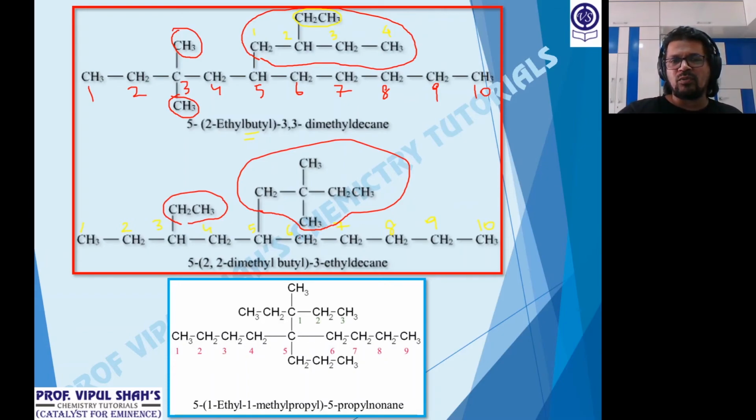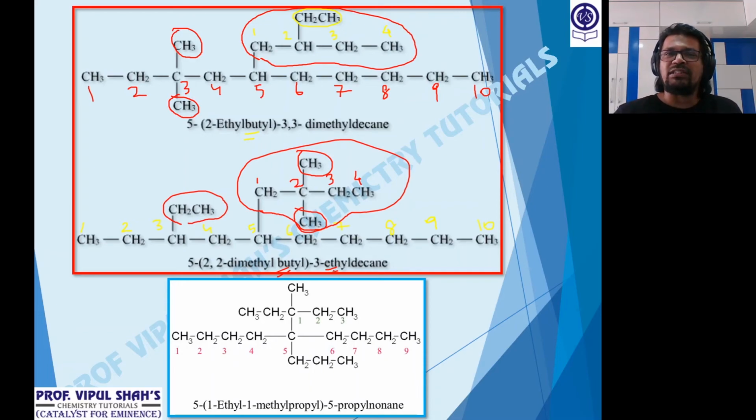Now how do I have to give the name? How do I do this part? First I'll write the 5 part. Why? At 5 number the continuous chain. So 1 2 3 4. Okay, now butyl, so alphabetically obviously B of the butyl comes first, everyone, so this is considered. Now at 5 in a bracket 2,2 dimethyl butyl. So look at that, 5 bracket 2,2 dimethyl butyl, 3 ethyl, so B of butyl first, then E of the ethyl, and then finally skeleton of 10, that is decane.